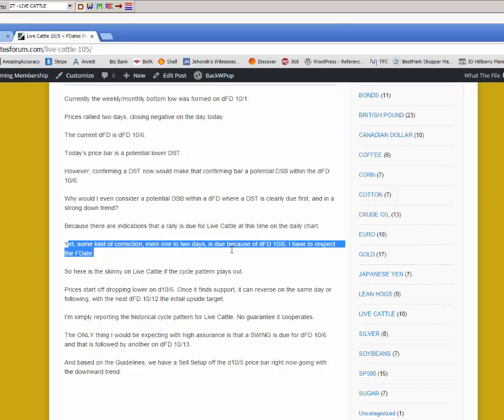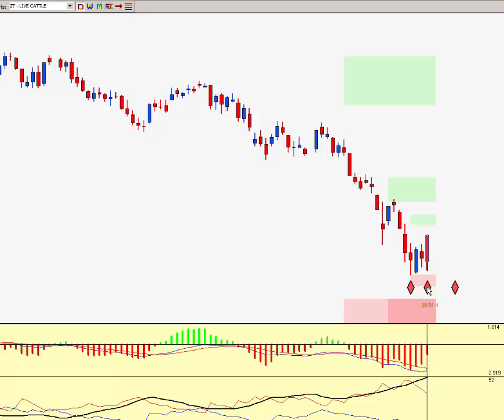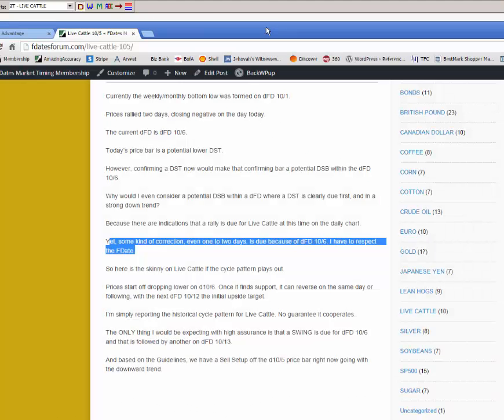Even 1 to 2 days is due because of F-date 10.6, and I have to respect the F-date, and you bet I do. I always do. And that's this F-date right here. So I was expecting a correction for at least 1 or 2 days. We got a correction of 1 day. But here, I'm going to tell you something else. If you'll notice,